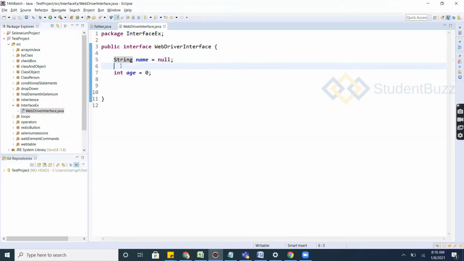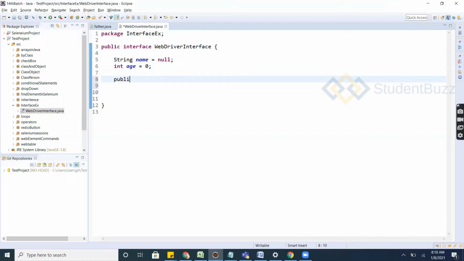Now we are checking the difference between class and interface. An interface will have similar things to what you can do in a class. You can have data, and you can also have methods. Okay, so how do we write our methods?